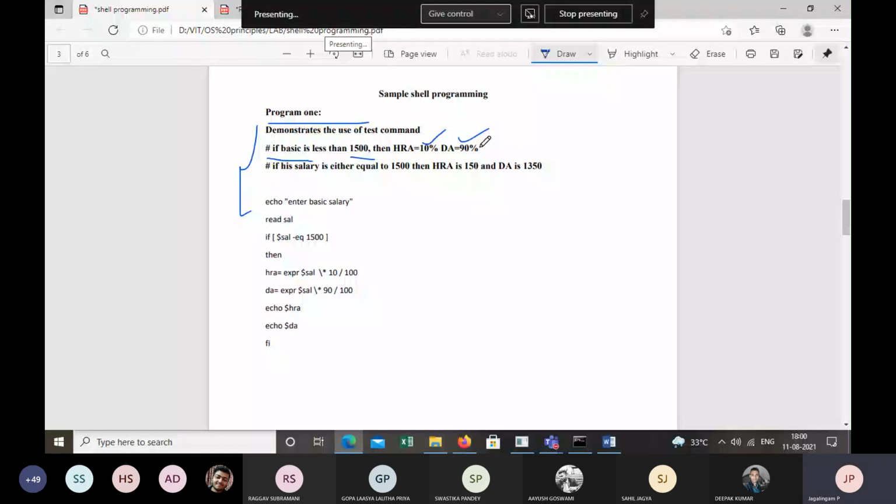If the salary is equal to 1,500, then HRA is 150 and DA is 1,350. You got the point?